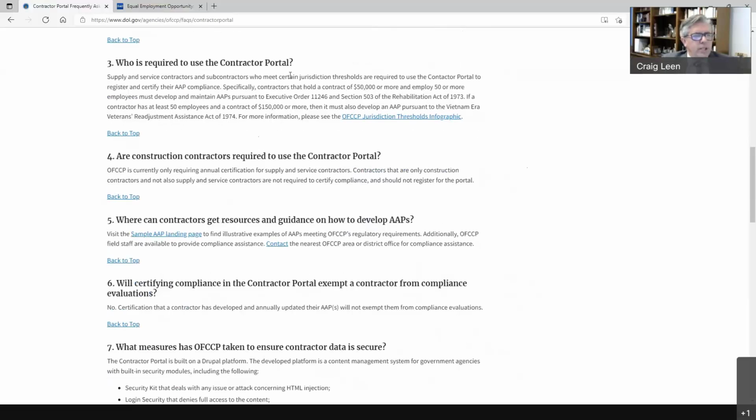Next, who is required to use the contractor portal? This is another important FAQ that you should take a close look at. Supply and service contractors and subcontractors, again, who meet certain jurisdictional thresholds are required to use the portal to register and certify their AAP compliance. And then they have the jurisdictional requirements, so make sure to check this. If you hold a contract of 50,000 or more and employ 50 or more employees, and the contract obviously has to be with the federal government,